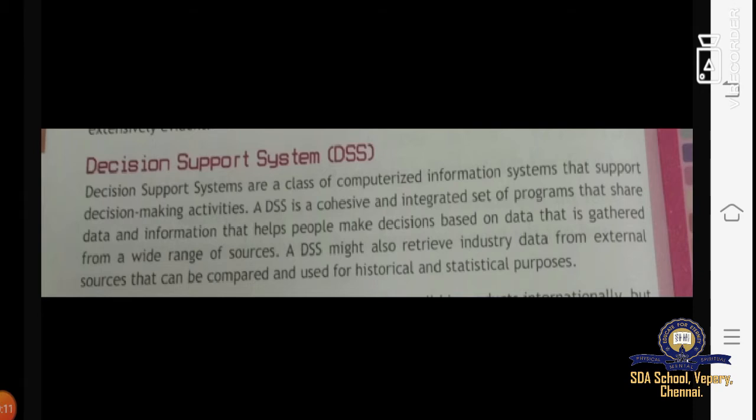A DSS might also retrieve industry data from external sources that can be compared and used for historical and statistical purposes. You can use it for mathematical purposes, okay, or you can use it for other things in the decision support system.